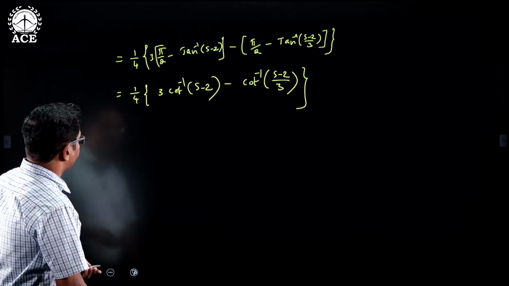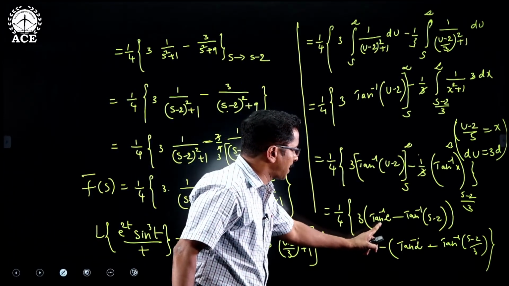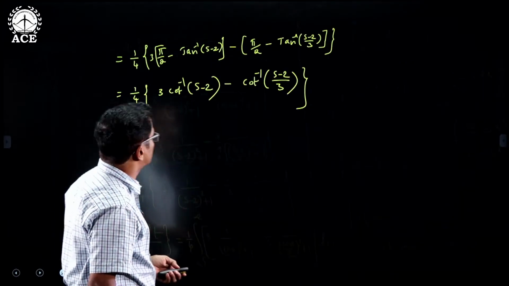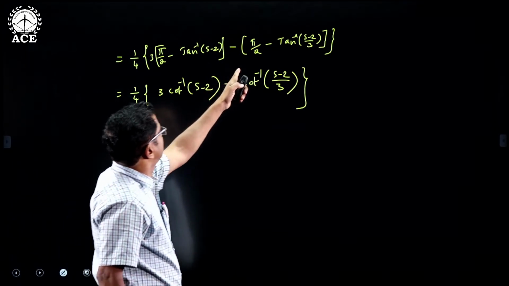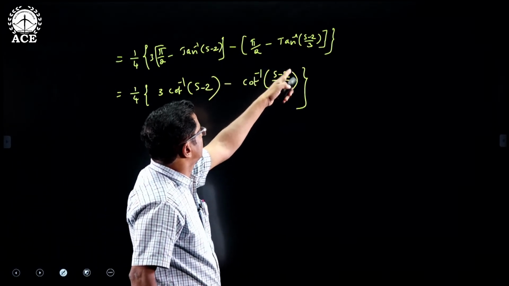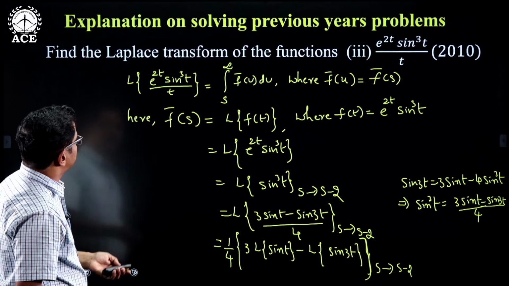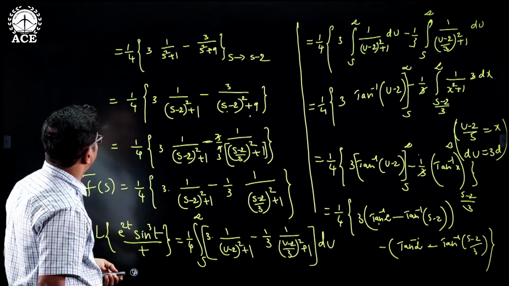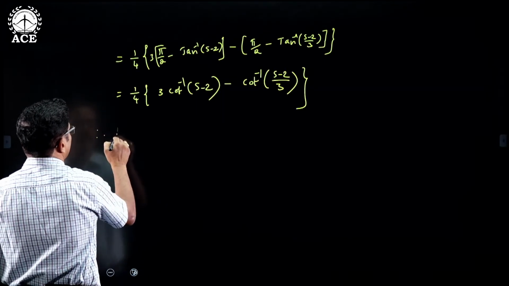So 3 into tan inverse of infinity means pi by 2; pi by 2 minus tan inverse of s minus 2 means cot inverse of s minus 2. And this also, pi by 2 minus tan inverse of s minus 2 by 3 means cot inverse of s minus 2 by 3. So this is the Laplace transform of e power 2t,